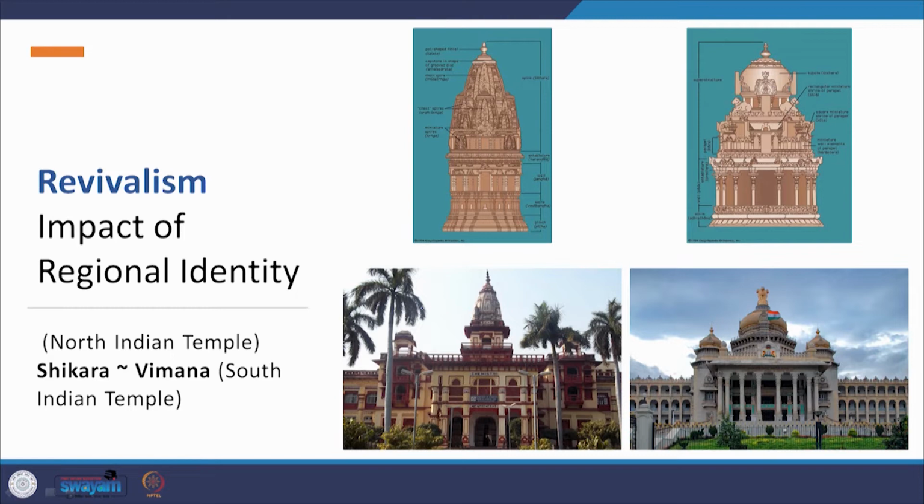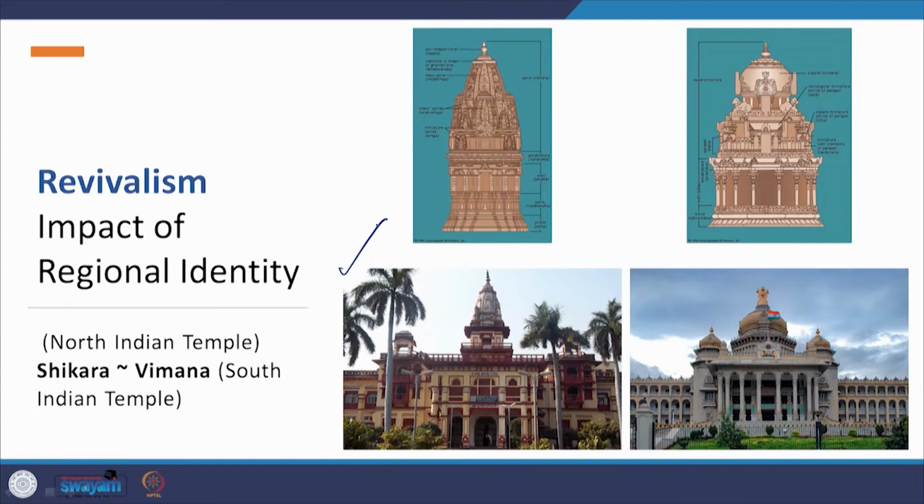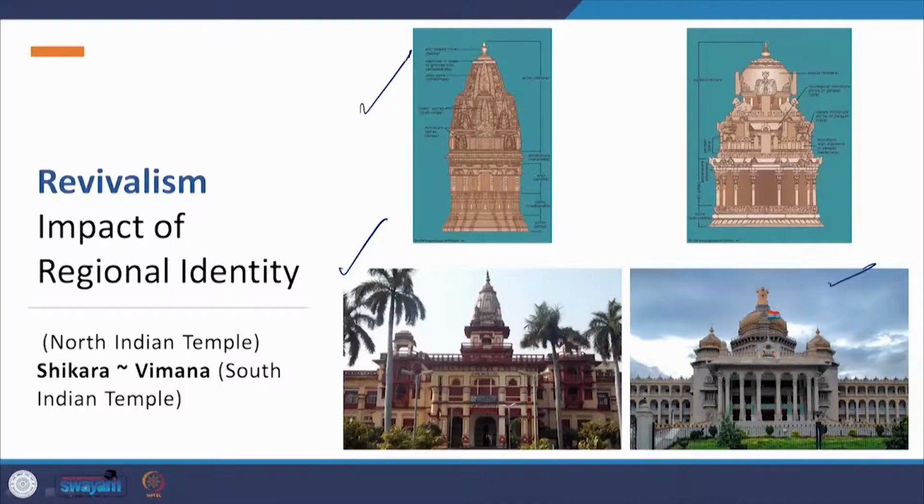And so, if you try to compare the images of this impact of regional identity, if you compare BHU with the Vidhan Soudha, we find that in BHU it is a derivation of the Shikhara of the North Indian temple vis-a-vis the Vimana of the Dravidian or the South Indian temple in the Vidhan Soudha. So, in revivalism, regional identities had played a role. The historical example from which that particular region's revivalist architecture is borrowed is that region's historical architecture. So, this is the Shikhara in the case of BHU, and this is the Vimana in the case of the